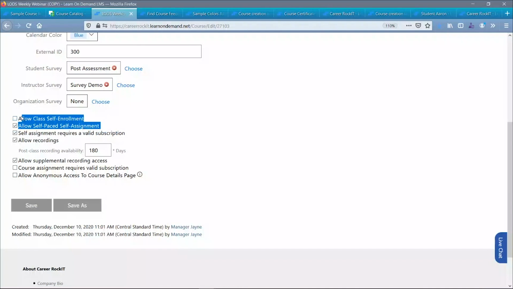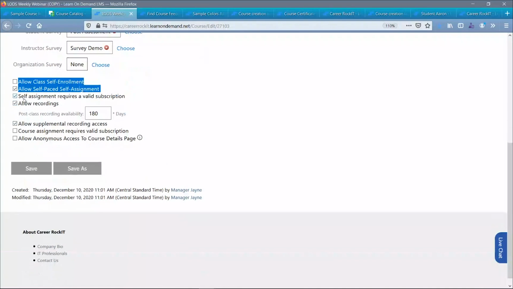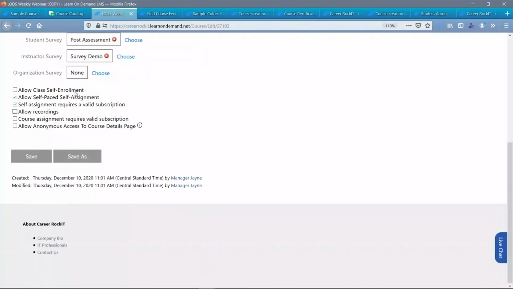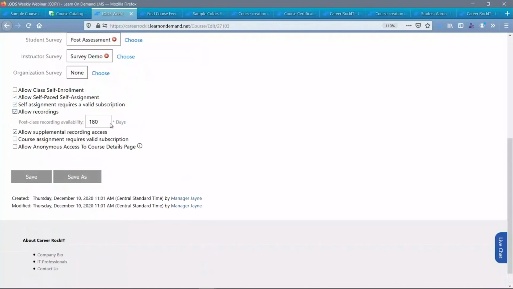These are actually used with roles that are given to the student. So both the class or the course and the student have to have permissions to do this. Allowing recordings. On recordings, if everybody allows recordings, they do get 180 days access by default. You can change that. When you have allow supplemental recording access on here, it gives you